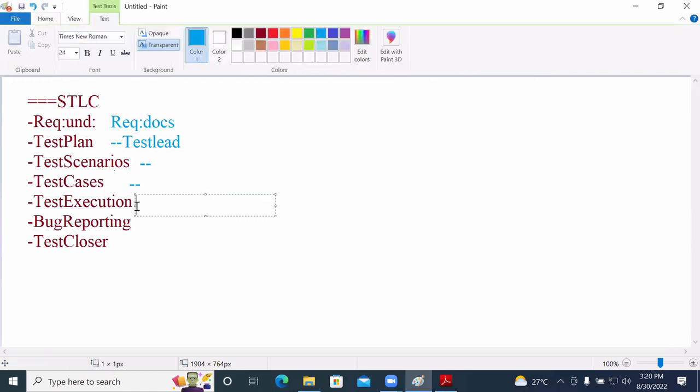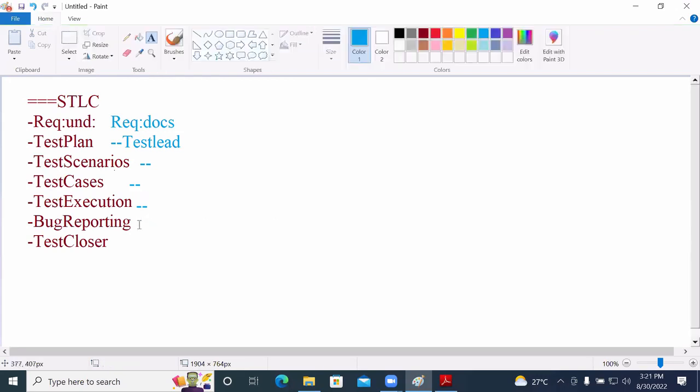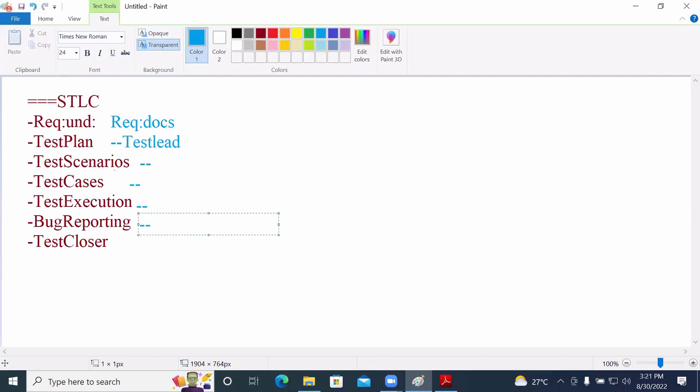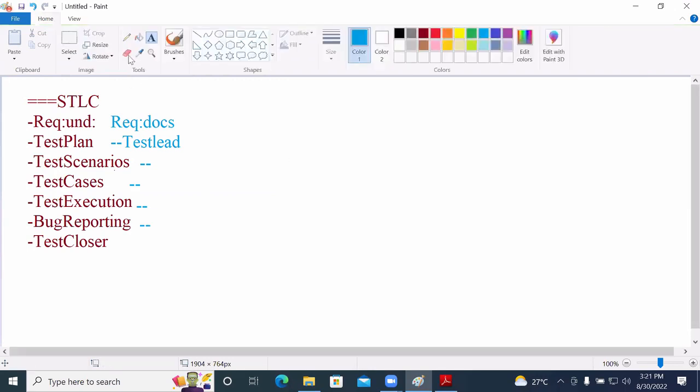Meaning of test execution? Comparison of expected result with actual result. Meaning of bug reporting? Documenting the issue. Who has to take care of all these things? The tester.